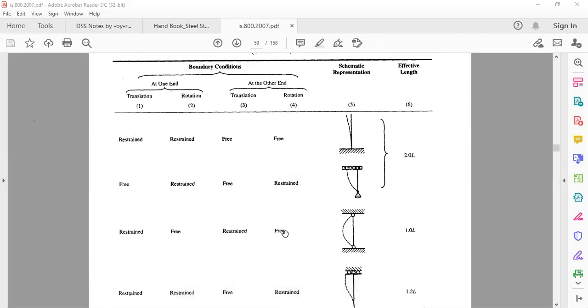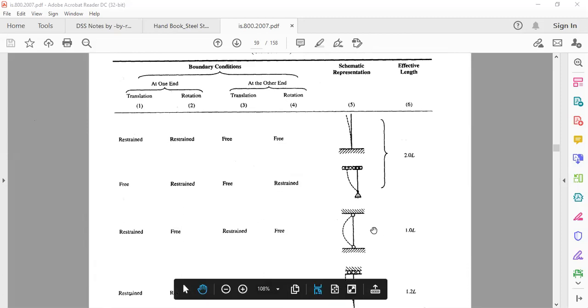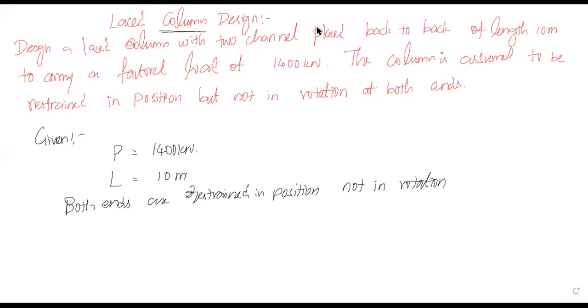So if it is like this, then the column is said to be both ends are hinged, so that the effective length becomes 1L. So now, both ends are hinged.